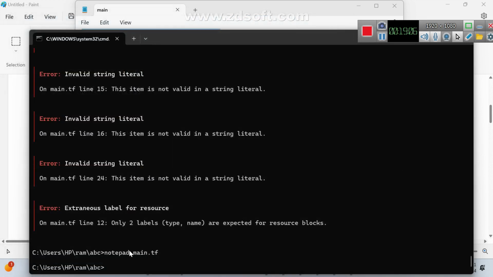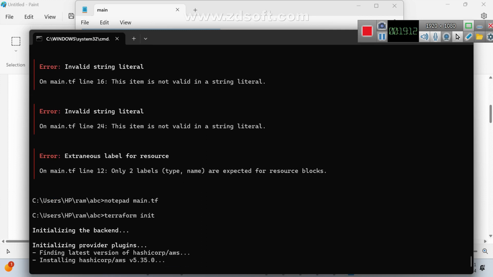Now save this. Terraform init. See, one small problem giving multiple errors. It was saying 24th line error, 16th line error, 12th line error, maybe 14th line error.